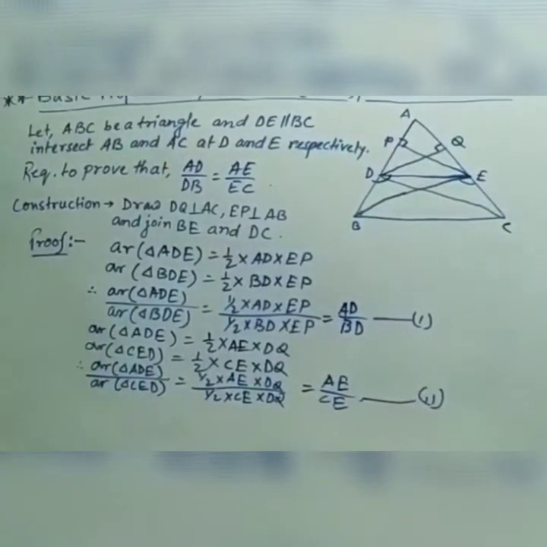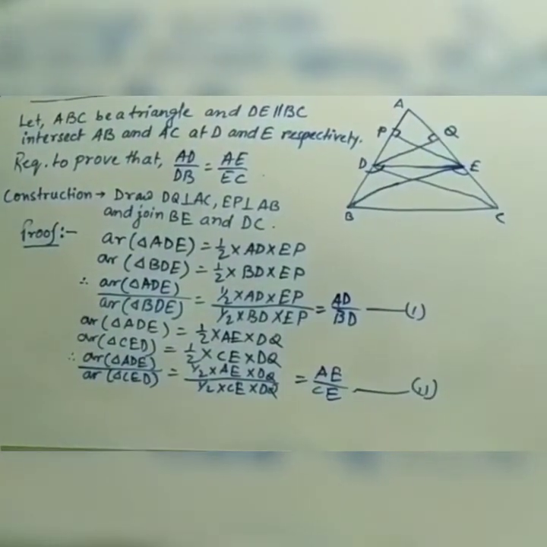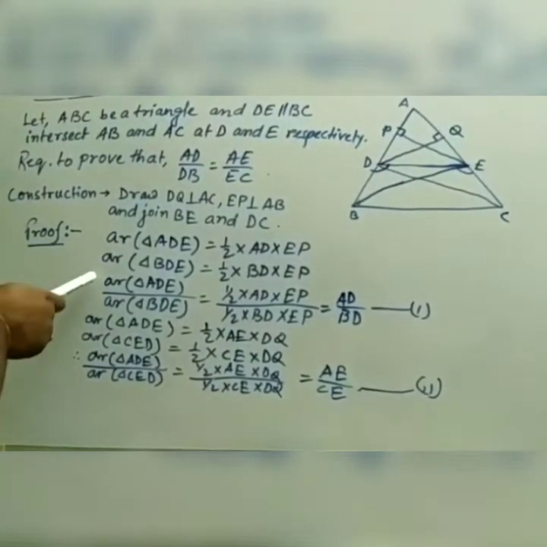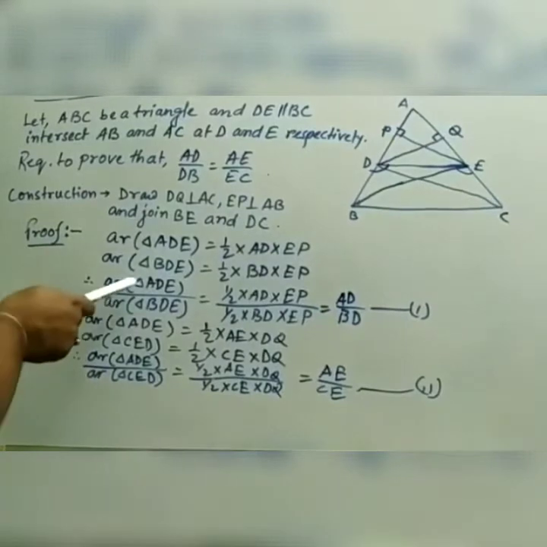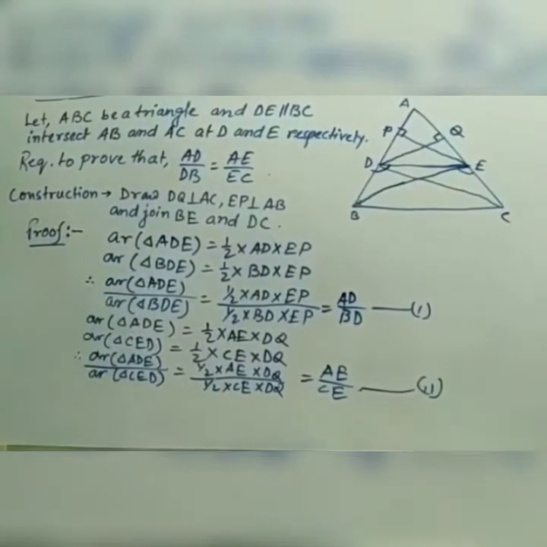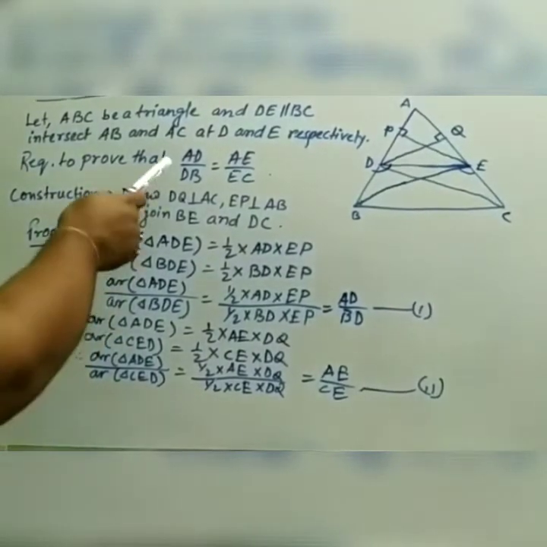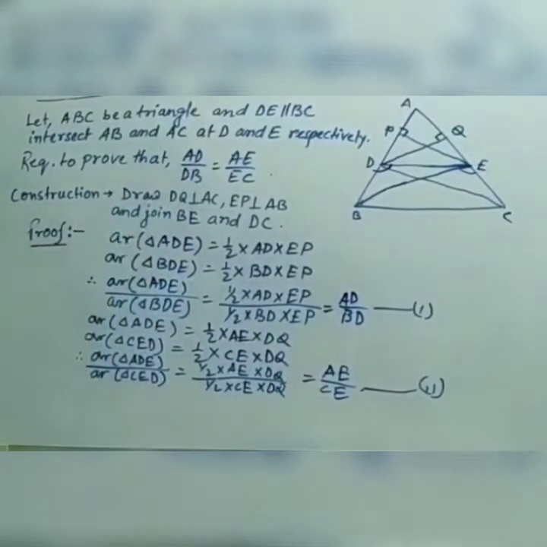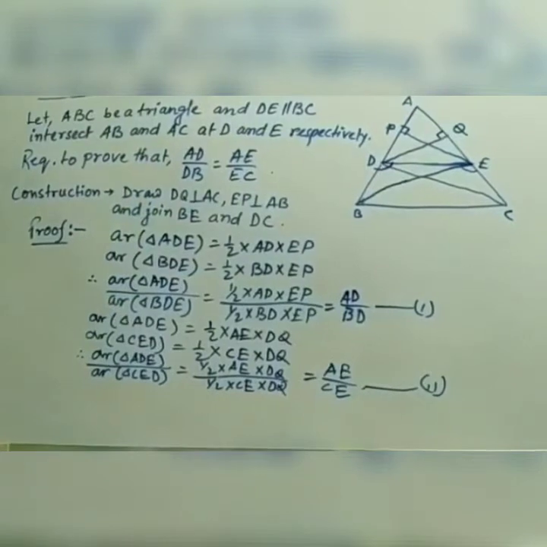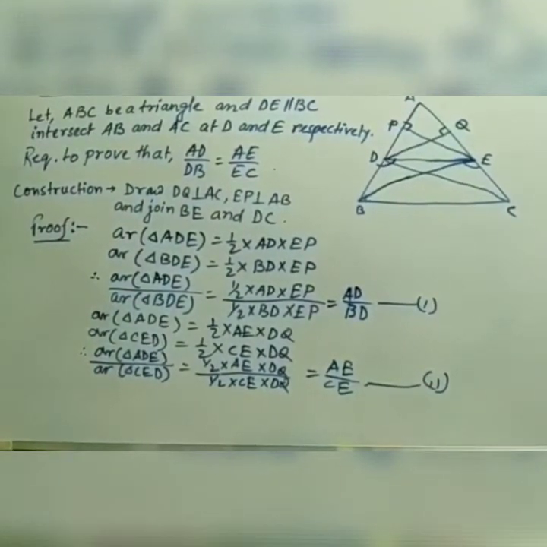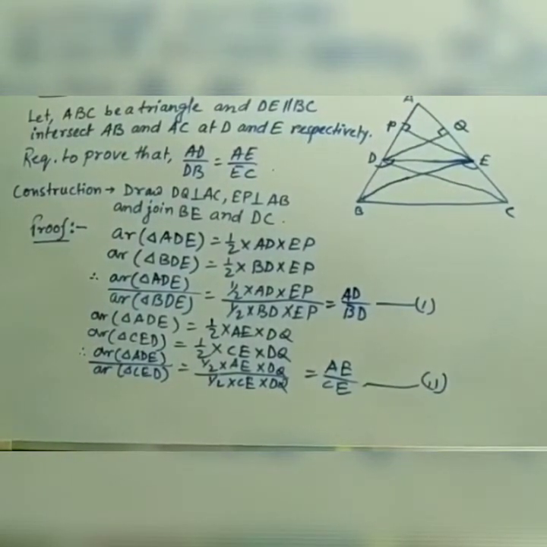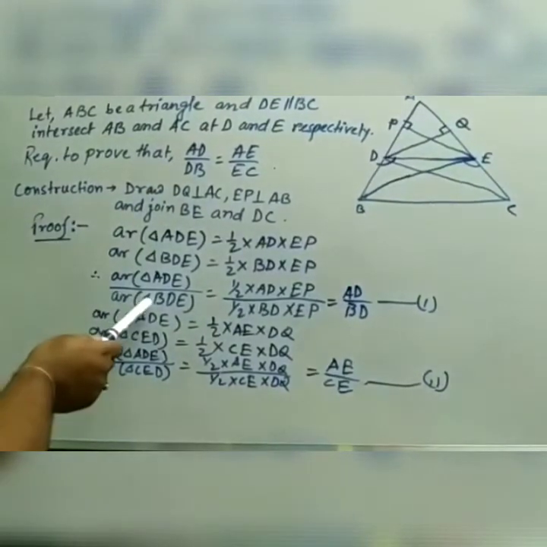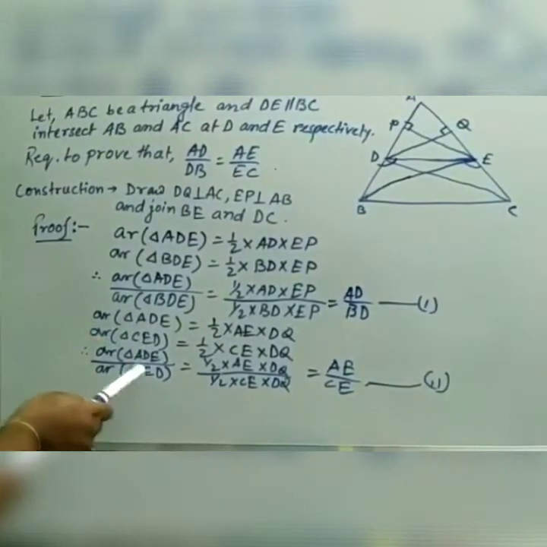So we have analyzed two conditions, and in those two conditions you can see on the left side both the numerator triangles are the same, ADE and ADE. Now, as for the required to prove, the RHS parts are in the required to prove. So if we have to prove the RHS parts are equal, that means we need to prove the LHS parts are equal. Here, the numerators of LHS are equal, but the denominators have triangle BDE and triangle CED.